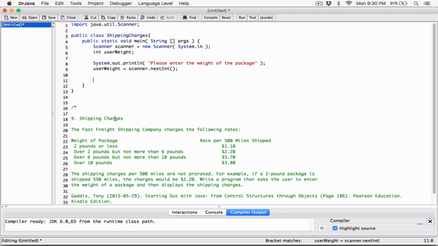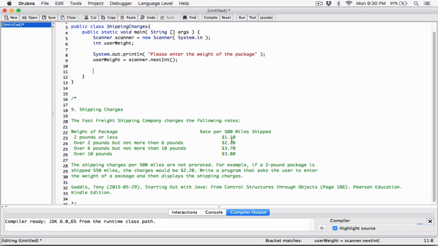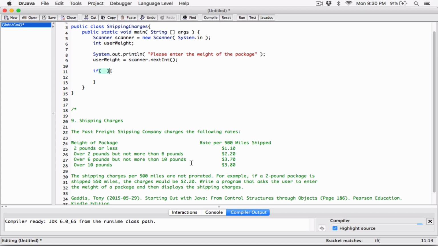So now that we have the weight, we can check how much it's going to cost for shipping for that package. So we need to start from here, 2 pounds or less, anything weighing 2 pounds or less. So we need an if statement for that. So if user weight is less than or equal to 2, anything 2 pounds or less, if that's the case, then we want to say